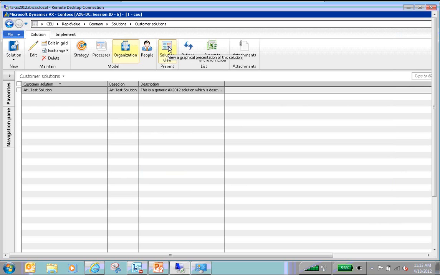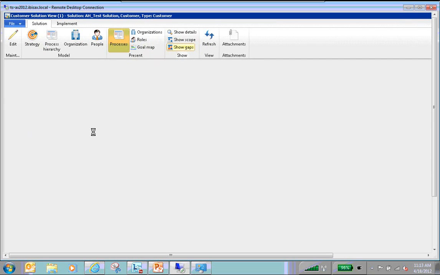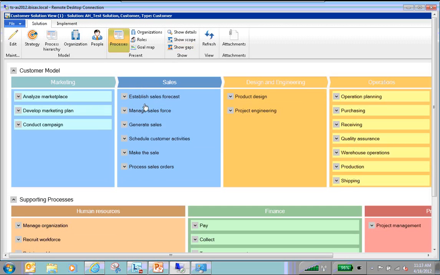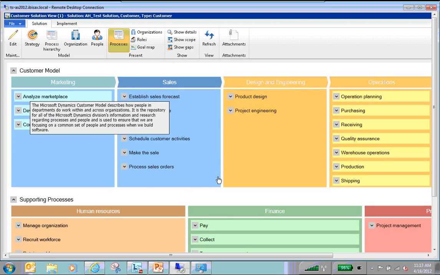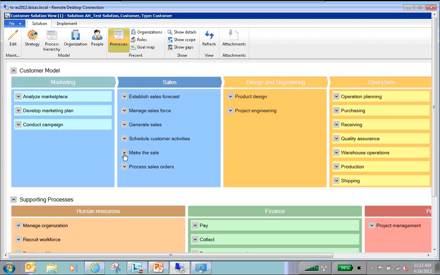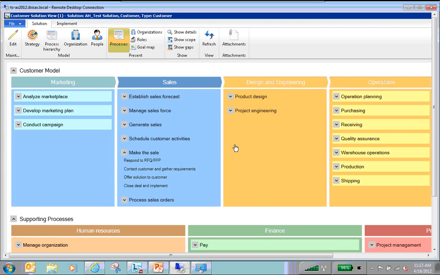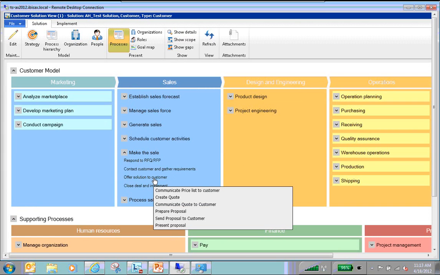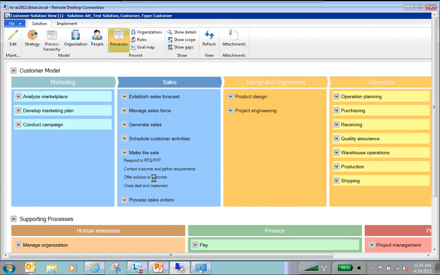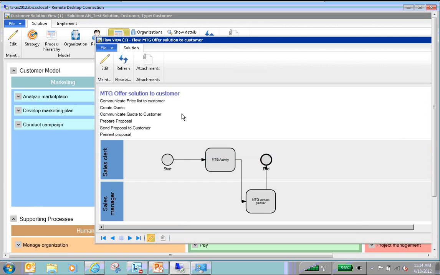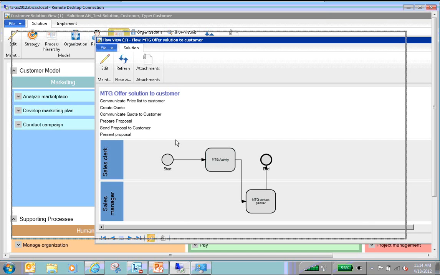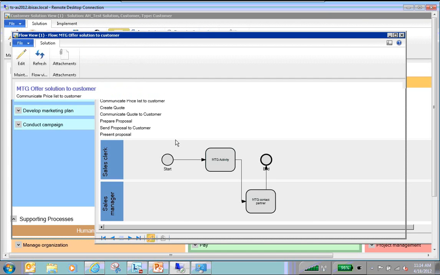I also have the solution view that copied over from my business solution into my customer solution. And again, I have different breakdowns for each category, each bucket, and I can drill into each individual one. So for instance, if I clicked on offer solution to customer as the business process that I'm going to be conducting training on, I have a visual representation of who's performing which part of the task. And if I highlight